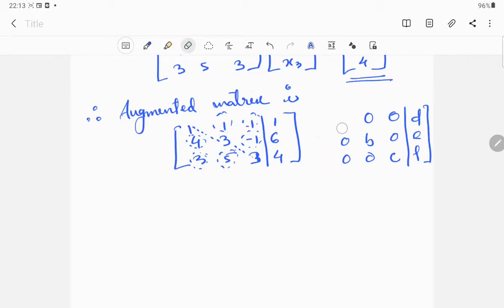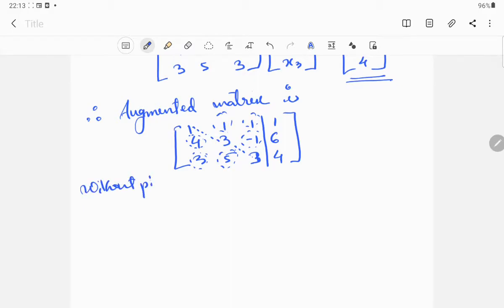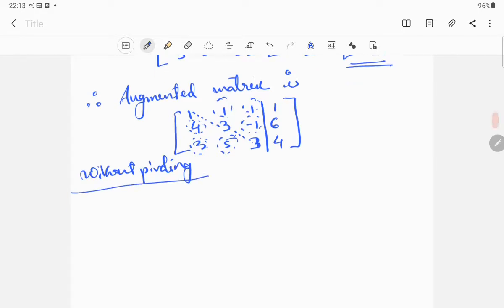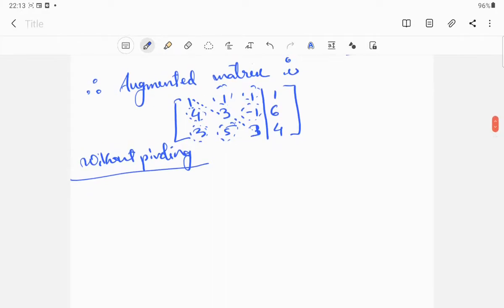Since they have given us two options, with pivoting and without pivoting, let us first start with without pivoting. Without pivoting means we will not consider any minimum or maximum in any column, like we used to do in the Gauss elimination method. Gauss elimination can never be done without pivoting; there must always be pivoting. But in the Jordan method, we will first do it without pivoting.